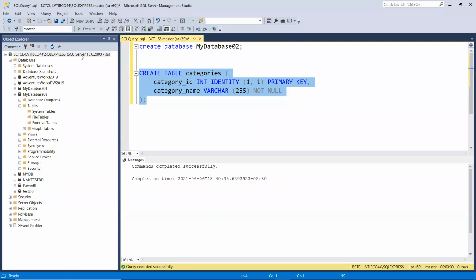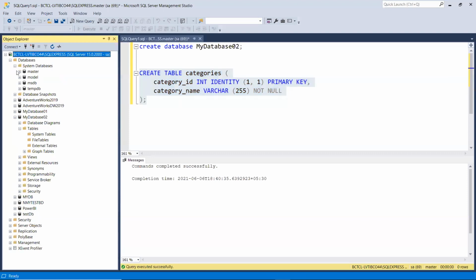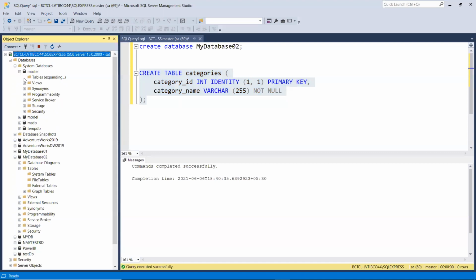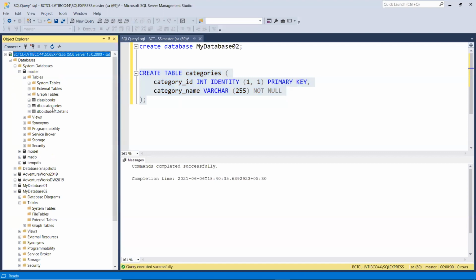Now let's focus here and see the scope of the query. If you create a default query window like the one we have here, it will generally try to connect to the main system database. I'm not sure exactly where it is creating the table, but it will try to connect to the default system database.